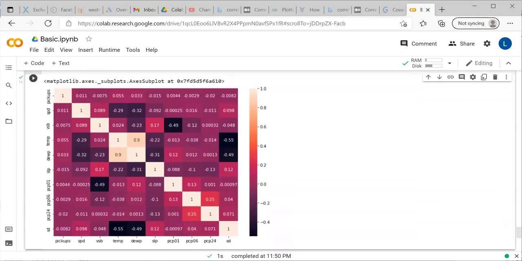See, now you are getting a bigger plot and it is having a scale also. With the scale, we can easily understand, since there is no strongly negatively correlated value, we can see minus 0.55 is the maximum negatively correlated value. Here 0.9 is there, and 1 is also there. That's why the color scale has started from 1 till around minus 0.5.